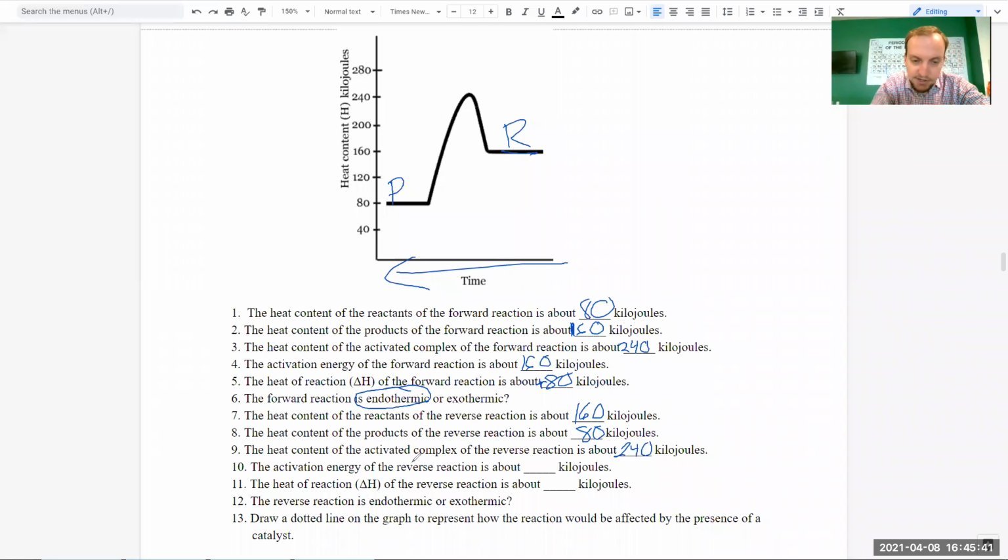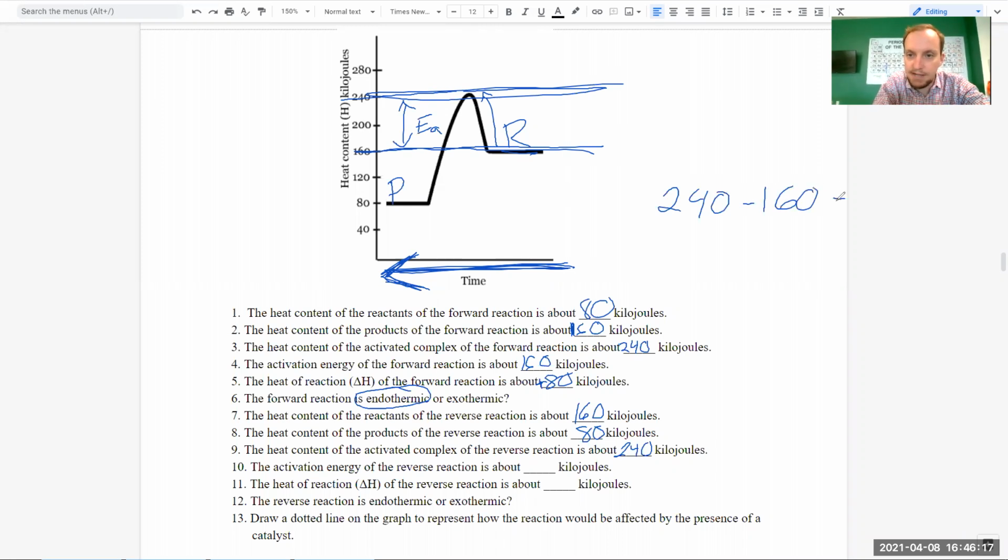Number 10, the activation energy of the reverse reaction. So before in the forward direction, we had to climb that very difficult hill, but going in the reverse direction, we only have to go up this smaller hill. So our change would be from the beginning, because remember, we're going from right to left. So the beginning is right here at 160, and then the peak is right here at 240. Therefore, our activation energy is just this right here. Our E subscript A is going to be 240, which is the peak, minus 160, which is the reactants,